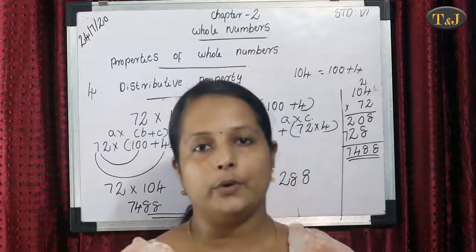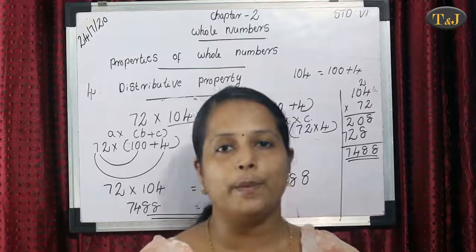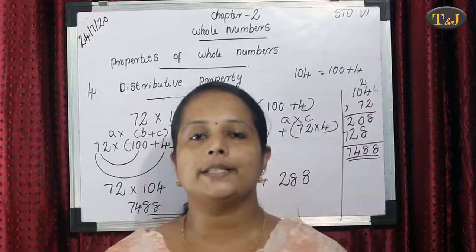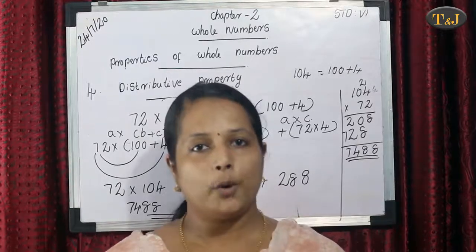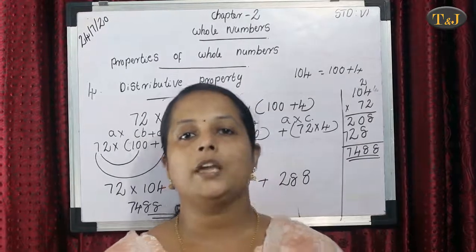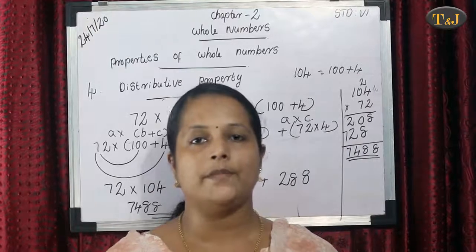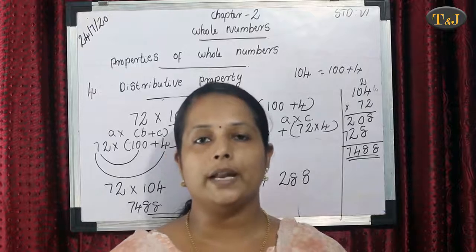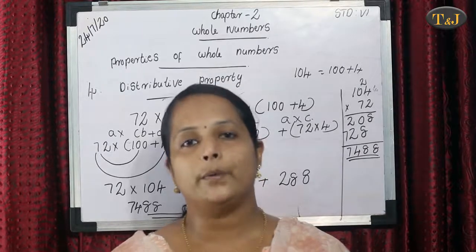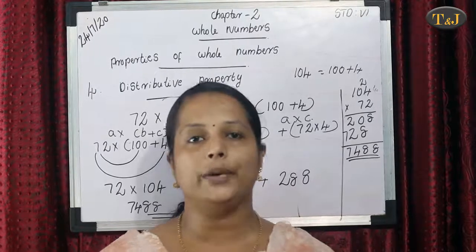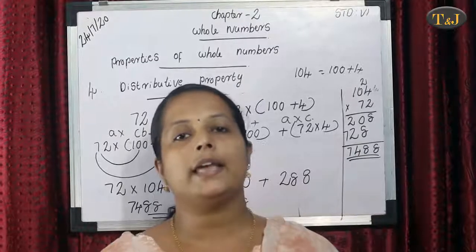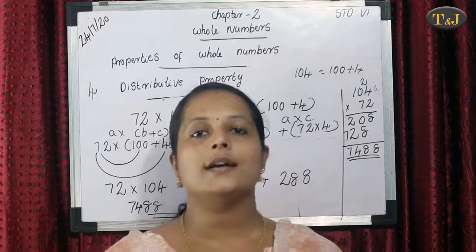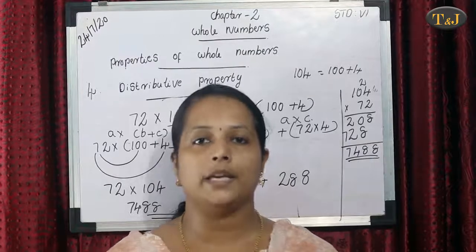So today we learned about two properties, the first is the associative property and the second is the distributive property. The associative property is satisfied only under two operations, that is addition and multiplication. If A, B, C are three whole numbers, then when we add and group them in any order, we get the same answer, that is the associative property under addition. Then the associative property under multiplication means that we take the three whole numbers A, B, C, then they are grouped and multiplied in any order, we get the same answer. So the associative property is satisfied under multiplication and addition.